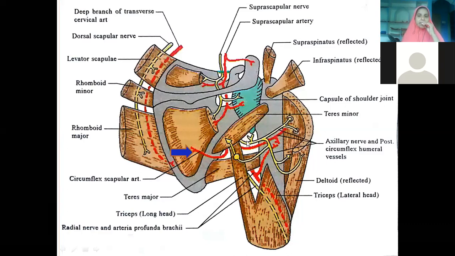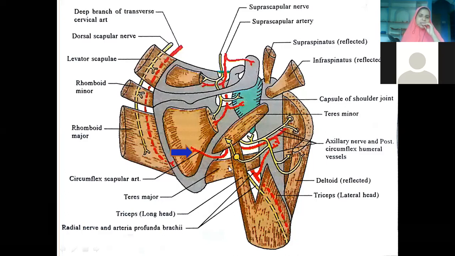One is axillary nerve, and you can see from this picture, in fact, axillary nerve is supplying deltoid muscle and also teres minor muscle. Isn't it? One twig is going to teres minor, the other twig is piercing the deltoid. This muscle is deltoid. That is all about upper quadrangular space.